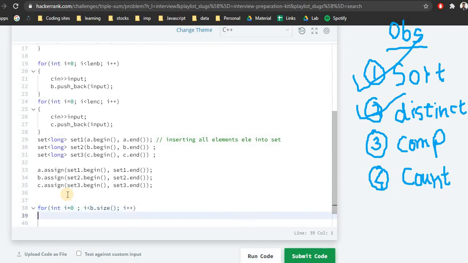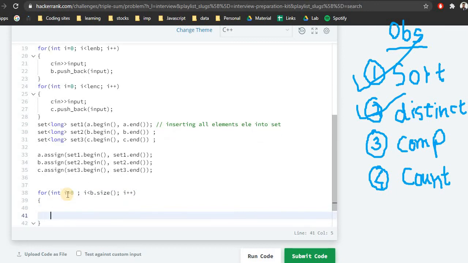So as we discussed in the first part, we took the left and the right variable to check how many values are possible. So what we can do is, let's say we declare one variable left. So let me go ahead and do that. Let me declare long left and right. What it will basically do is hold the values which are less than or equal to on the left hand side, or the left array, that is the first array, and similarly right will hold the values which are less than or equal to the middle element in the third array.